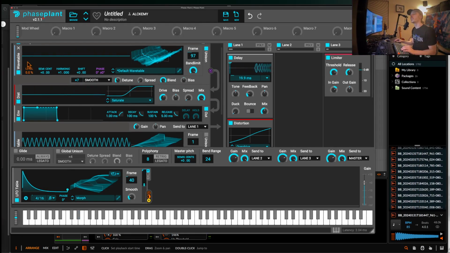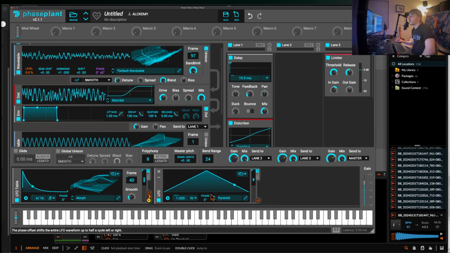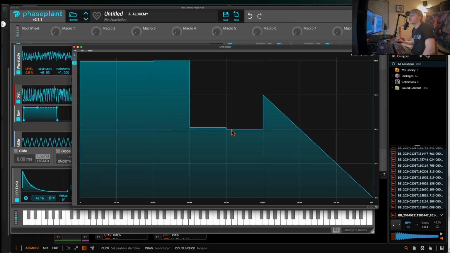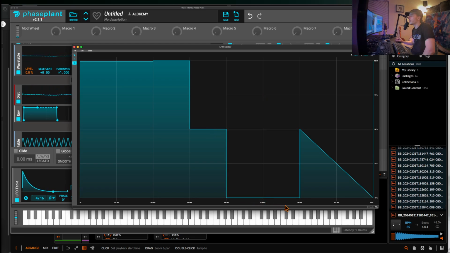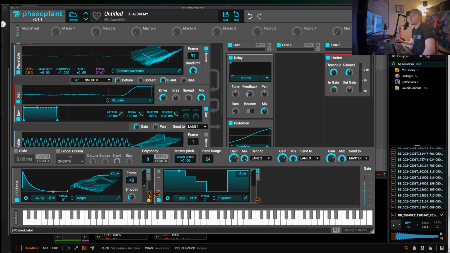Right. So what's also cool about this is, and again, I don't really know, but something that we can do in order to create some variation behind this is we can click on this little guy and we can just create a step shape, something kind of like this. And what's cool about this is that this is a really cool and easy way to get different rhythmic patterns that are still going to be in